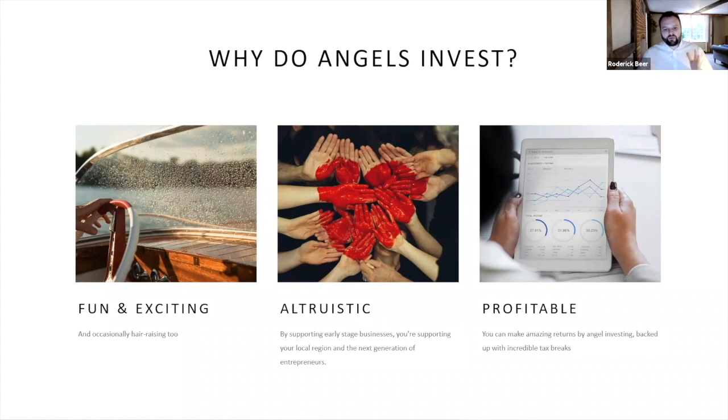The second part, and a really important part to bring into this, is that altruism aspect. It is altruistic. By that I mean, by investing in early stage businesses, you're giving back in actually quite a lot of ways. So first of all, by investing in an early stage business, you're investing in the next generation of technology, the next generation of founders and entrepreneurs. You're giving someone who has a passion and an idea a chance to help make that idea a reality. Hopefully they're solving some kind of world problem. It might be a business problem, it might be something less interesting, but they're making a difference out there.